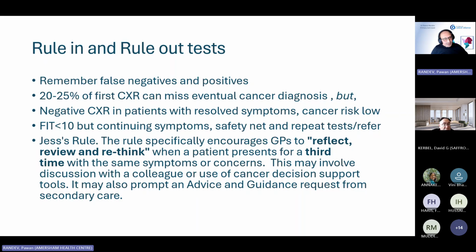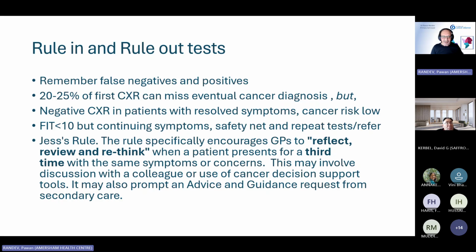One example is when you think about first chest x-rays, up to a quarter of first chest x-rays can miss an eventual cancer diagnosis. So when you're looking at it from the lens of lung cancers actually being diagnosed, and you look back along the journey of those patients, up to a quarter of those patients have had a chest x-ray along their patient journey where something was seen and could have been interpreted as being cancer earlier than it really was. However,